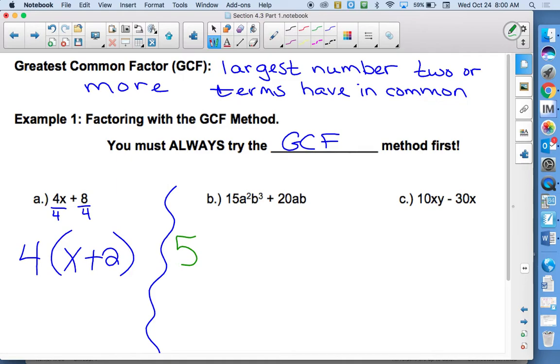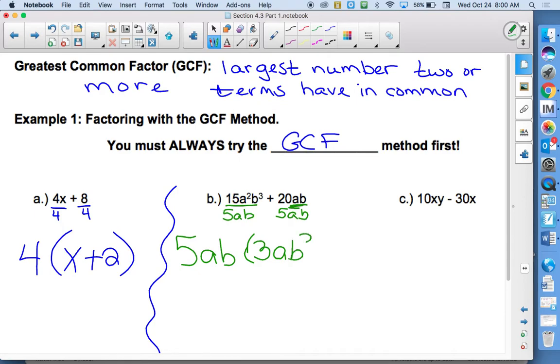Gavin, how about the variables? AB, because that second term has nothing larger than an A and a B. So then you're taking 5AB and you're dividing each of those terms by 5AB. So you're taking it out of the problem. So Gavin, if we take 5AB out of 15A squared B squared, you're left with